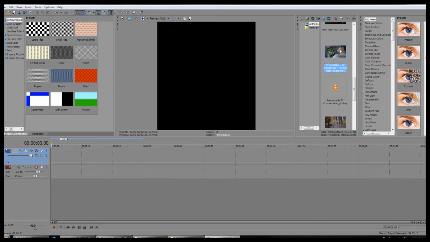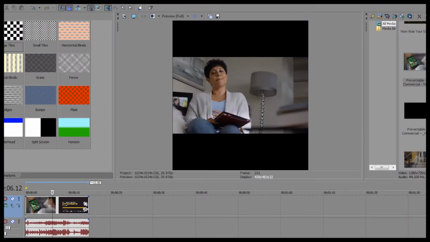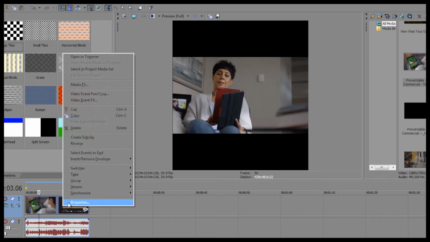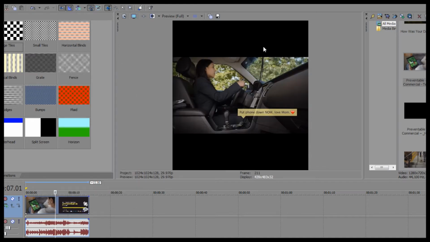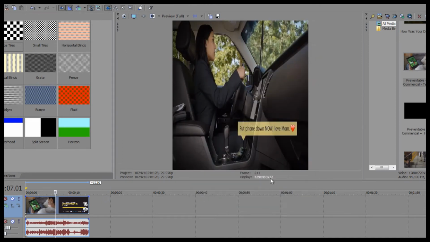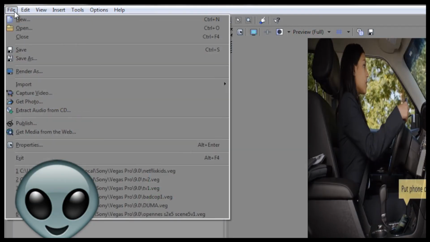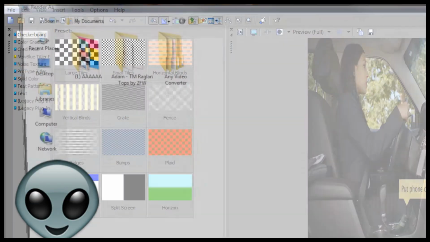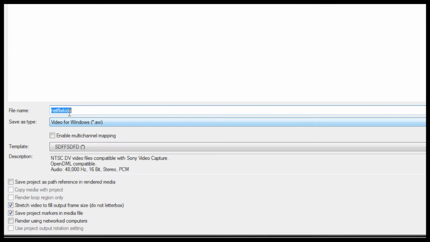So, for example, I have a few-year-old PSA here that's about 15 seconds long, and it's just about texting and driving. Now, if you want it widescreen, keep it like this. However, if you want it to be full screen, make it like that. It looks ugly, I know, but it will work. Don't worry. Now, you're going to want to go to Render As, and down here,